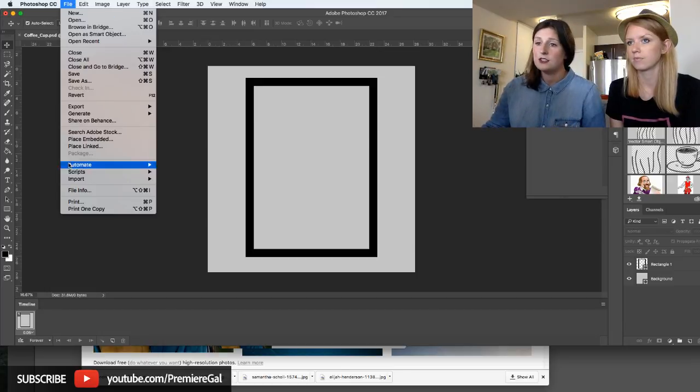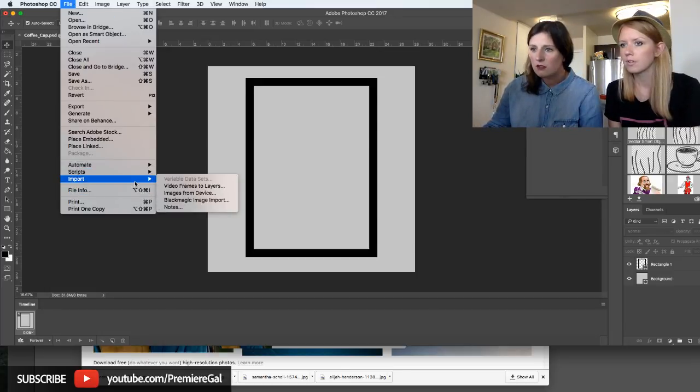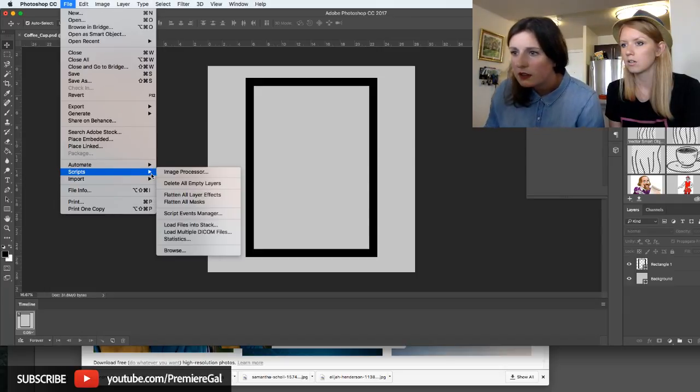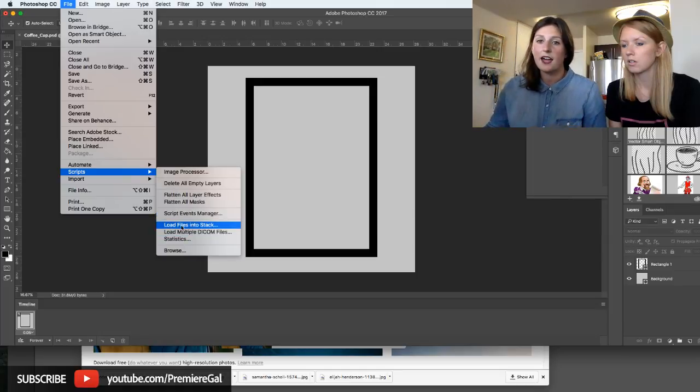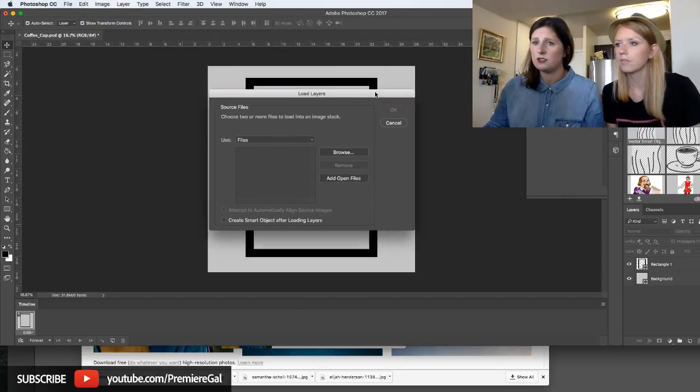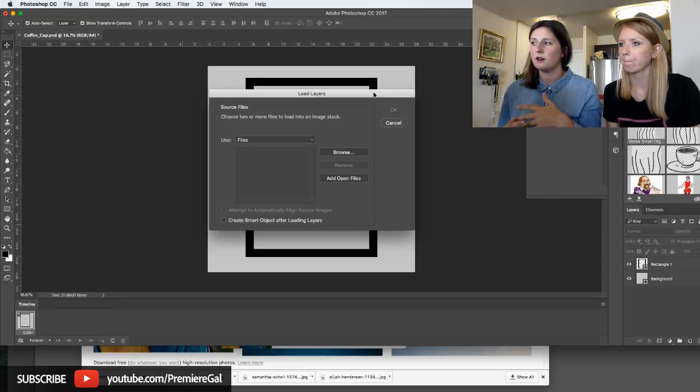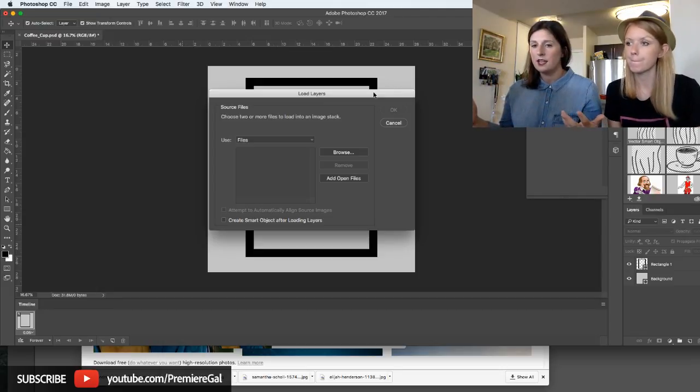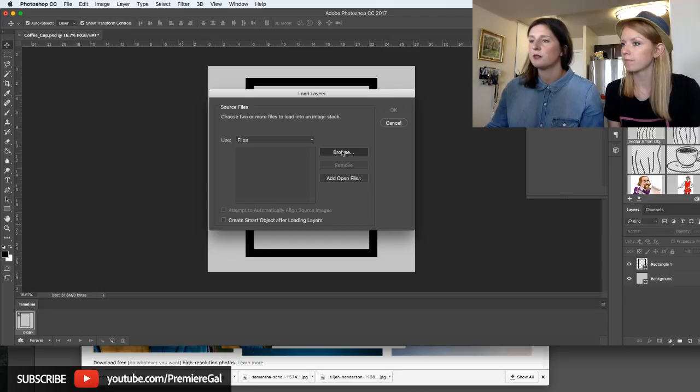Like, that's insane. So you're going to go to Import, Images from Devices, or you can also do, where are we? Load files into Stack. So that's what I'm going to do here. We'll go back to show you the import video to frames later, but load files into Stack. Basically, that allows you to take a bunch of different photos or files, or if I had created like 20 different steam layers in Illustrator, import them and recognize that this is made for people who are making frame animation GIFs. So you're going to browse,